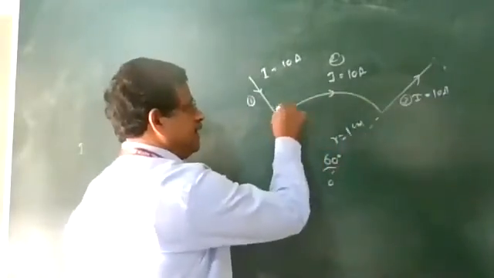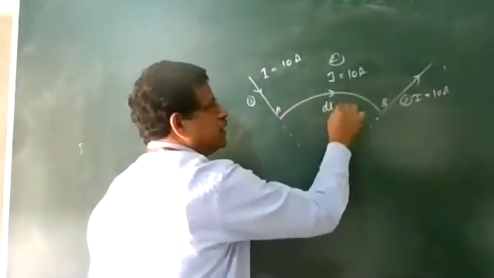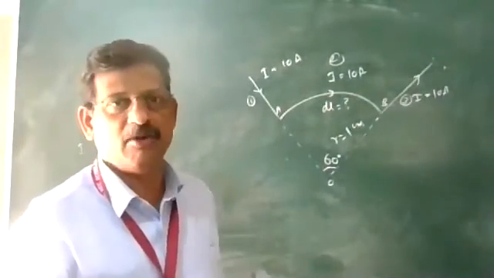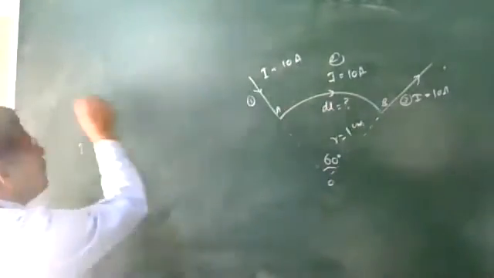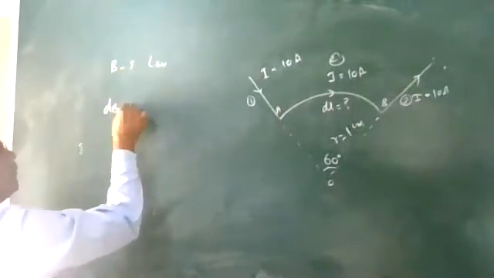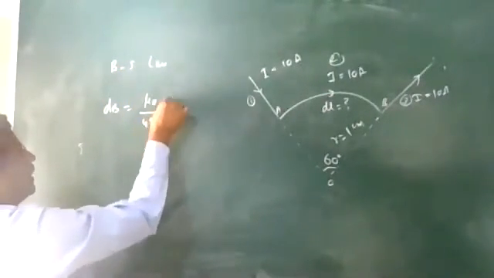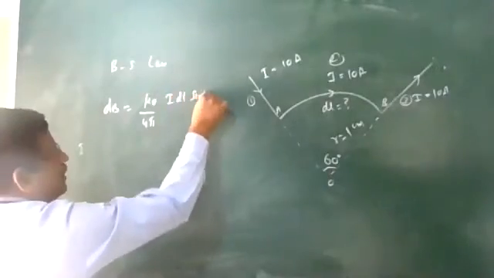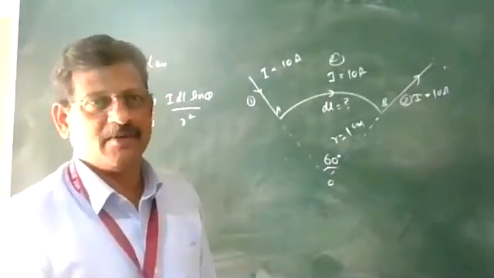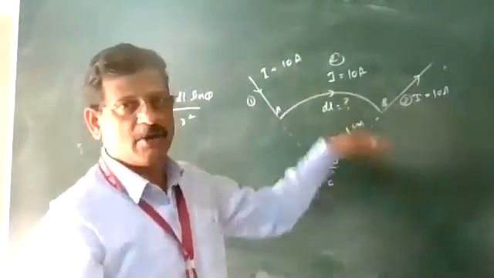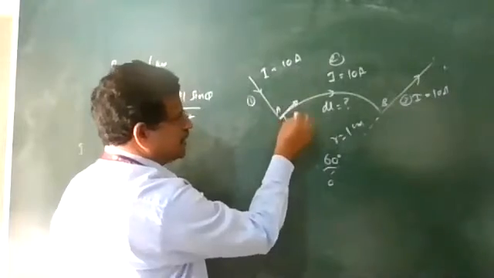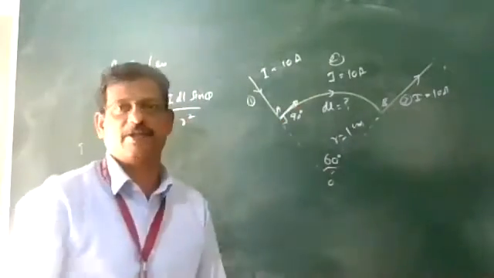You can take it as AB. We don't know what is the length of this portion. dl, r. What is the length of the portion? We know. Can be calculated. But according to Biot and Savart law, you can use the equation dB equal to mu naught by 4 pi I dl sin theta divided by r square. What is the meaning of theta here? In this curved portion, dl vector is here and r vector is here, so the angle theta is 90 for that.